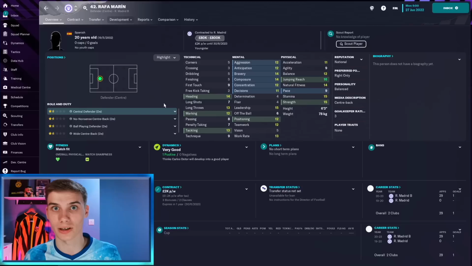And that's the case for all of these players, by the way. If they don't make your first team, they'll at least make you some money down the line. But Rafa Martin, a great choice at centre-back, and I think maybe one of my first signings I'll make in